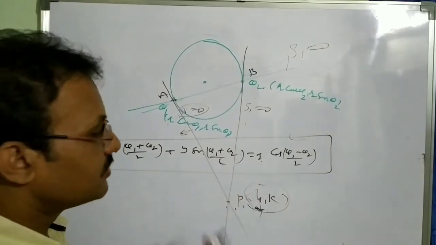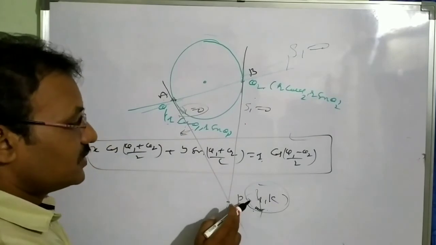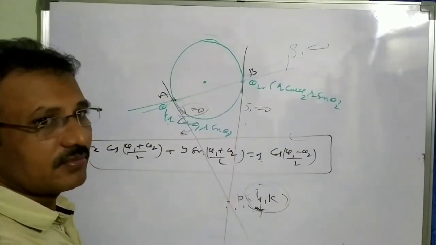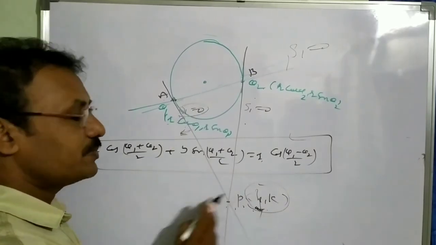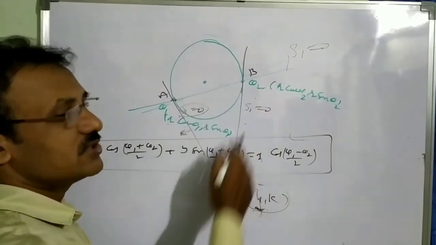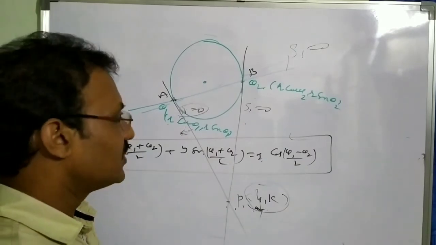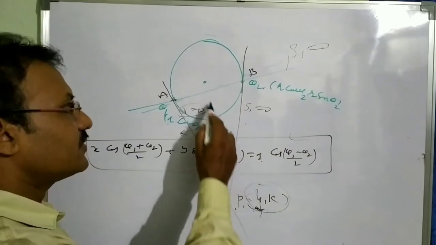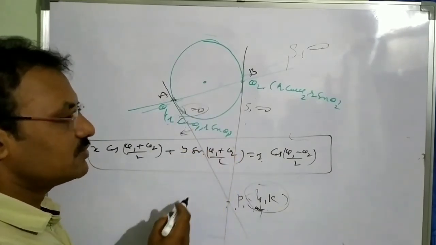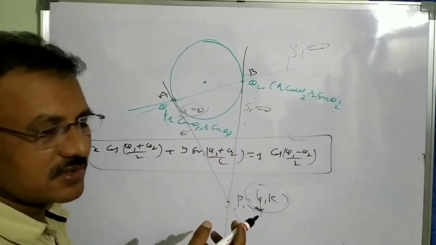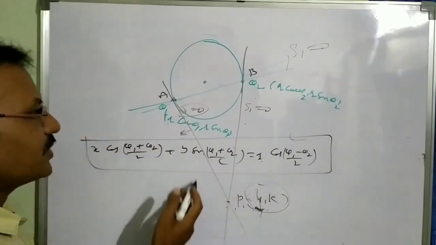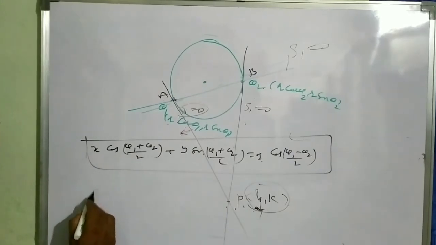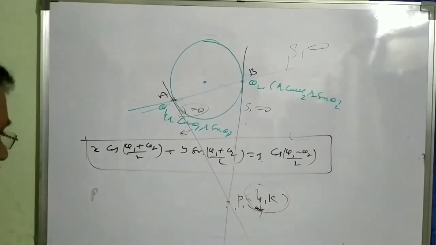Understanding? What is happening here? We have to find the polar or chord of contact of the circle with respect to P. That is S1 is equal to 0. We already discussed that, and the chord equation is also already given. Both are the same, so just by comparing these 2 equations you will get the point of intersection of the tangents,